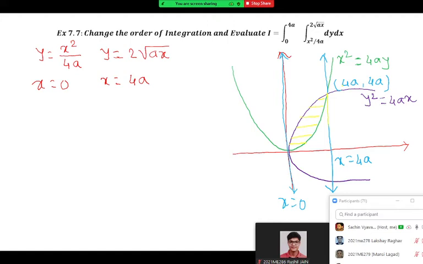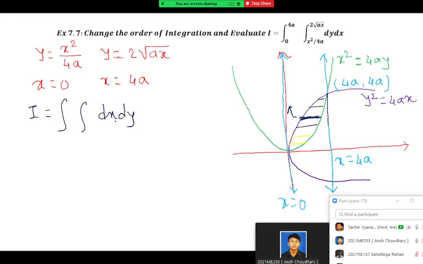What should be the new position of the strip? Horizontal. Okay, majority of the time we are. So I take this horizontal strip. What about the lower limit of x now? Yes, lower limit for x. The lower end touches this curve. x square upon 4a is not the correct answer.